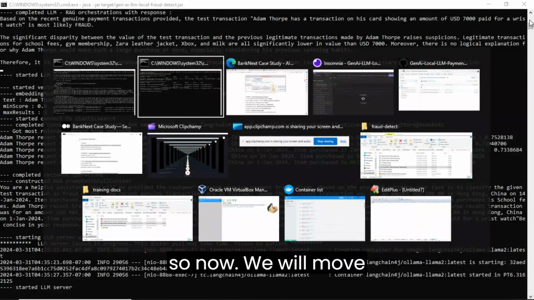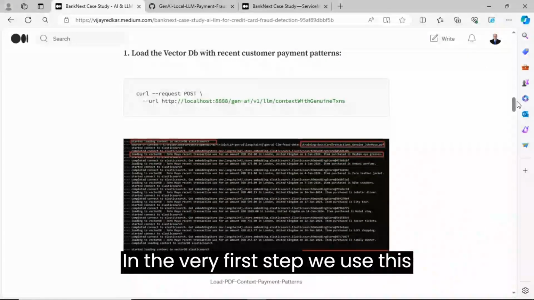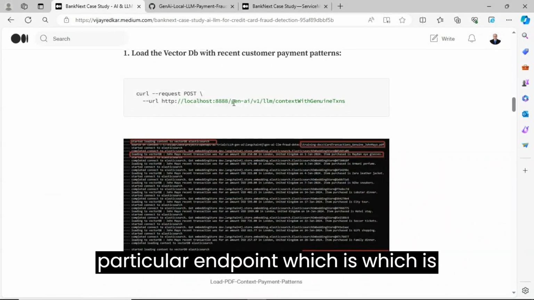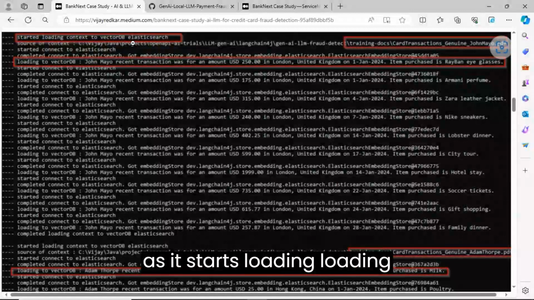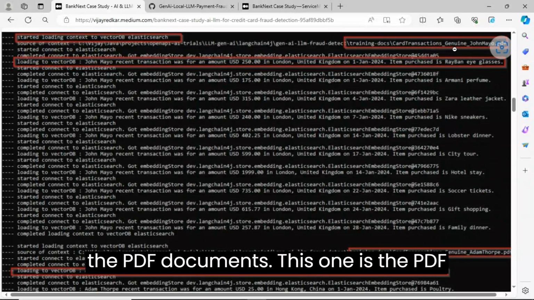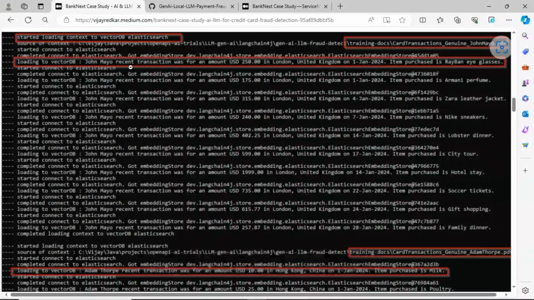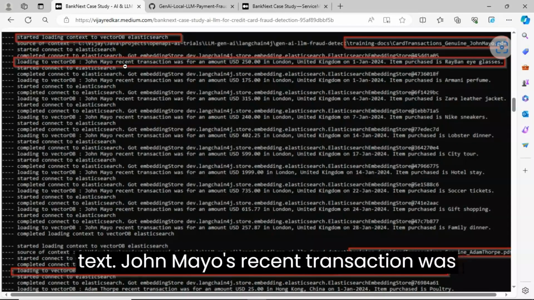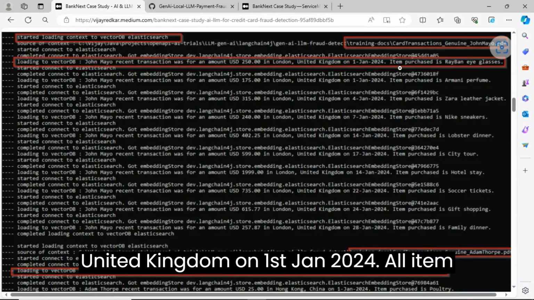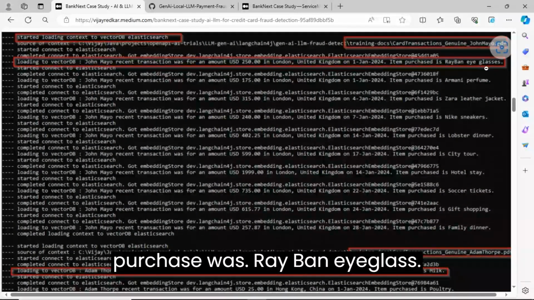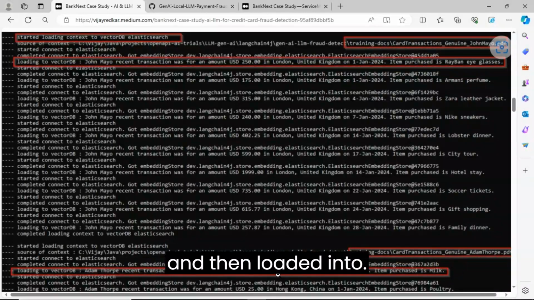Okay, so now we will move forward with the flow. In the very first step, we use this particular endpoint, which is there in our application, to load. Now, what it will do is, you see, it starts loading the PDF documents. This one is the PDF document for John Mio. It starts loading it, and it creates these kinds of embeddings corresponding to this text. John Mio's recent transaction was for an amount of USD 250 in London, United Kingdom on 1st Jan 2024. The item purchased was a Ray-Ban eyeglass. Similarly, we have the transactions by Adam Thorpe also extracted from the PDF and then